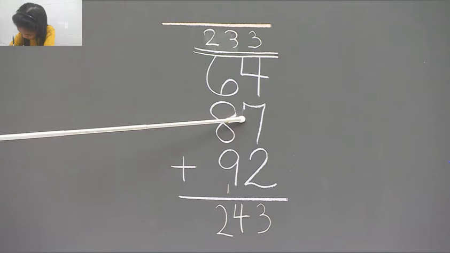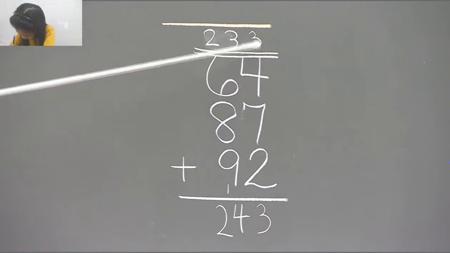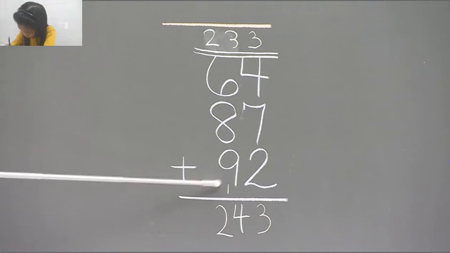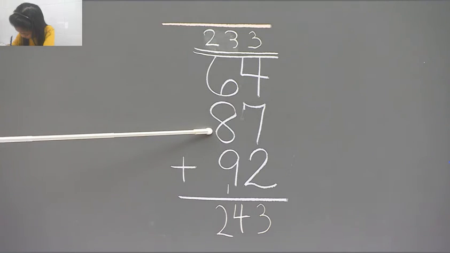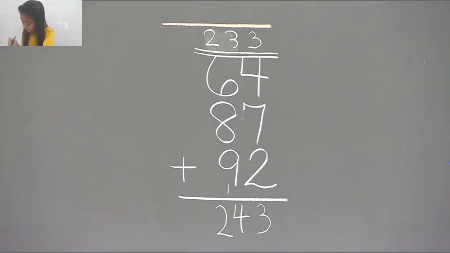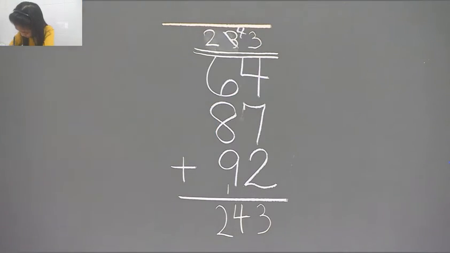2 plus 7 is? 9 plus 4 is? 13. So we have the 3, we carry the 1. 1 plus 9 is? 10. Plus 10, 10 plus 8 is? 18. 18 plus 6 is? 24. 24. So here we can find that our mistake was just in the adding,